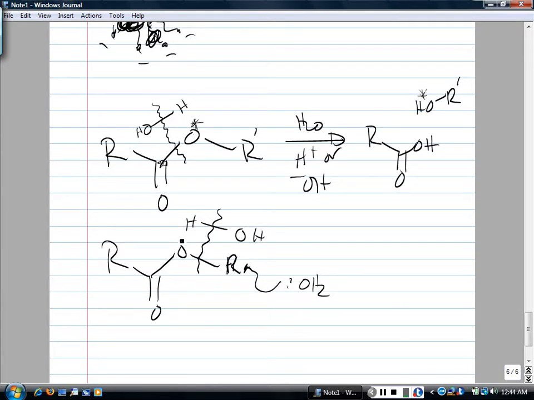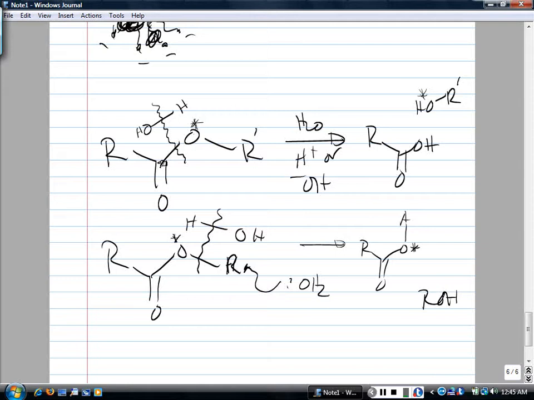If, on the other hand, the mechanism involves cleavage of the bond between the oxygen and the alkyl carbon, then the O18 label is retained by the acid portion, and you end up with the O18 label in the acid,